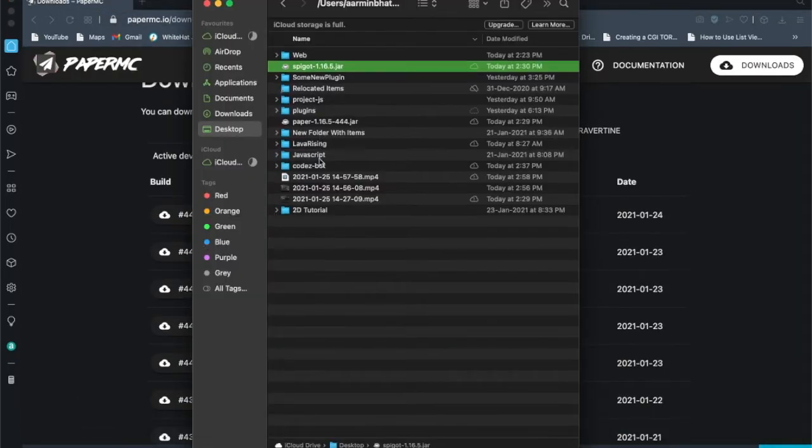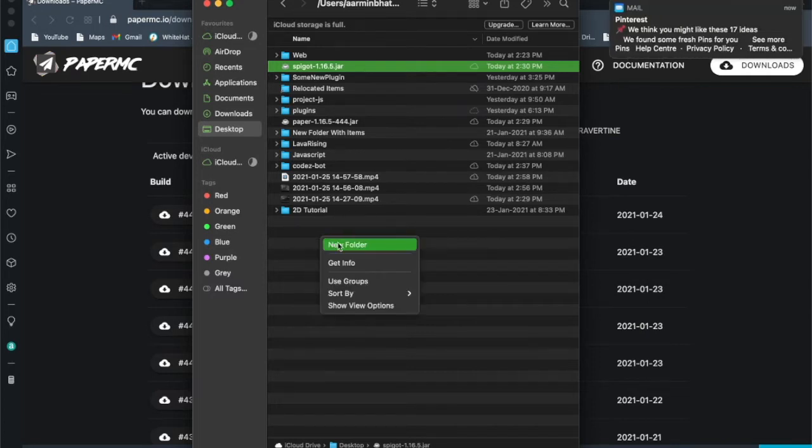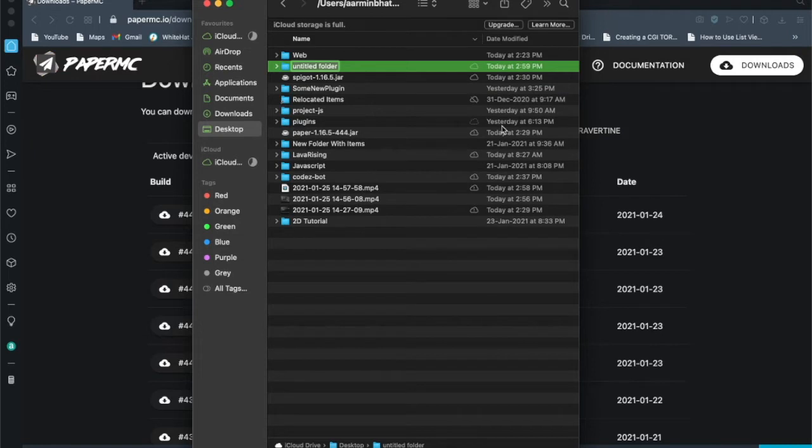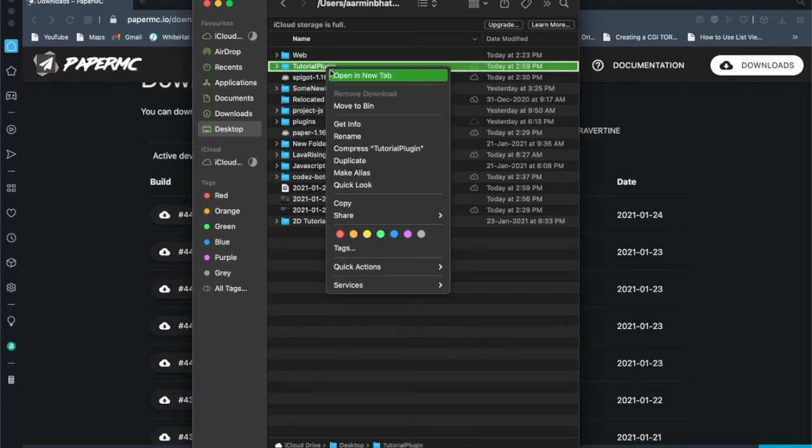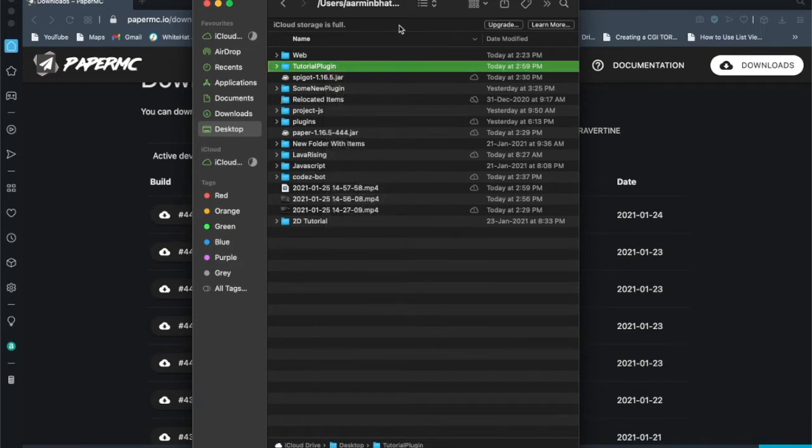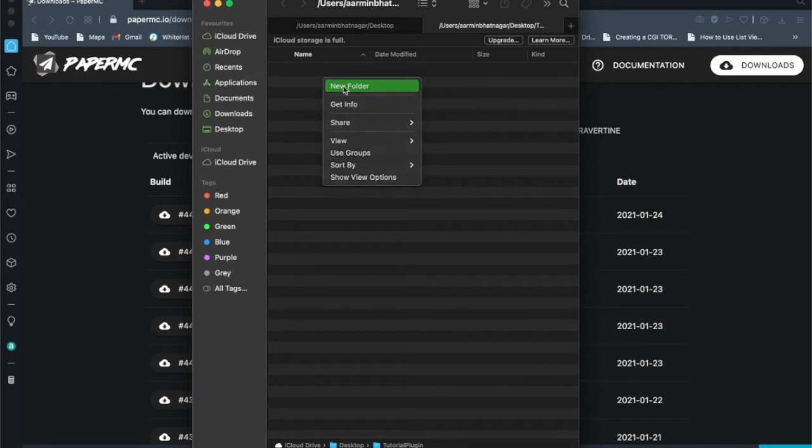And now what you're actually gonna do is set up the project. So you're gonna right click, create a new folder, and we're just gonna call this tutorial plugin. Give it the name of the plugin you would like. And what I'm going to do is create 3 folders inside here. So we're going to open this up in a new tab, and inside here we're going to create 3